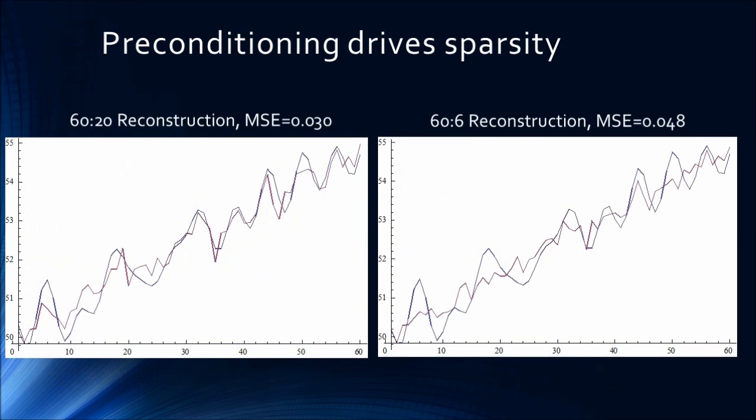So you can see we get really good reconstructions with this preconditioned data, 3 to 1 and 10 to 1. They preserve a lot of the spikes. They crawl into the nooks and crannies pretty well. Obviously the 3 to 1 crawls in a lot better in the nooks and crannies.